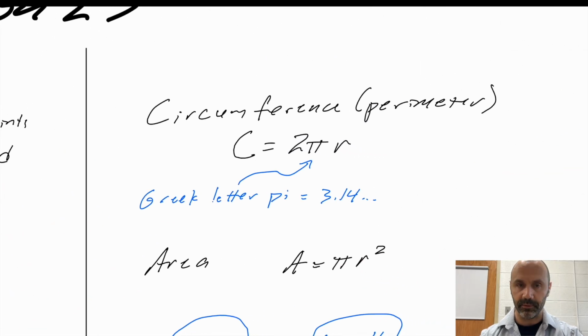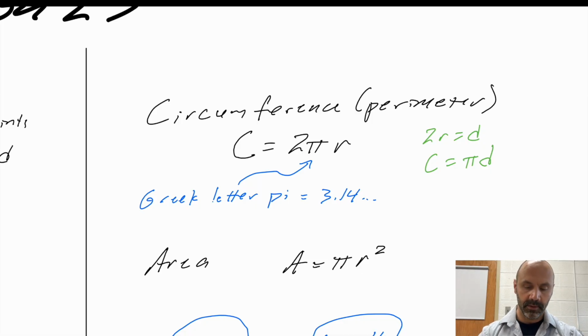And here's a little bit more that's probably review for you. The perimeter of a circle is called the circumference. It literally means to make around, right? Circum meaning around and ference meaning to make or something like that. So it's to go around the circle. The way that you calculate the circumference is 2 times pi times r. Now, there's another possible way of putting this, because 2r equals the diameter. And so if we put the 2 and the r together, then the circumference is equal to pi times d,